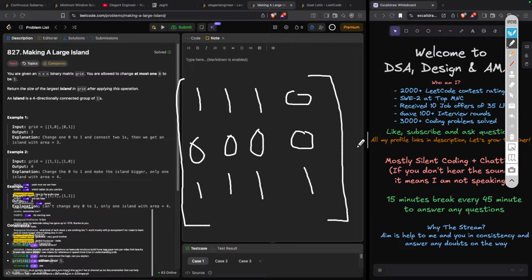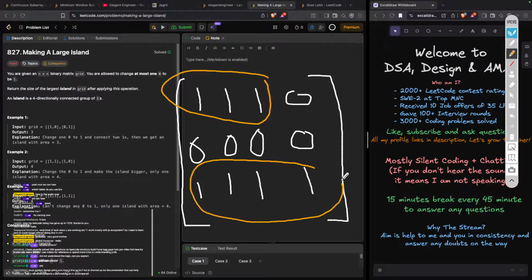So Lali, if you know plain DFS, you know that this is your one island and this is your another island, right? Now they both are not connected.